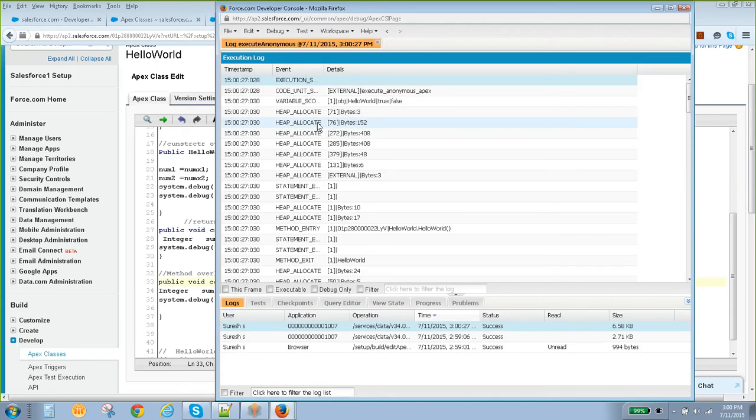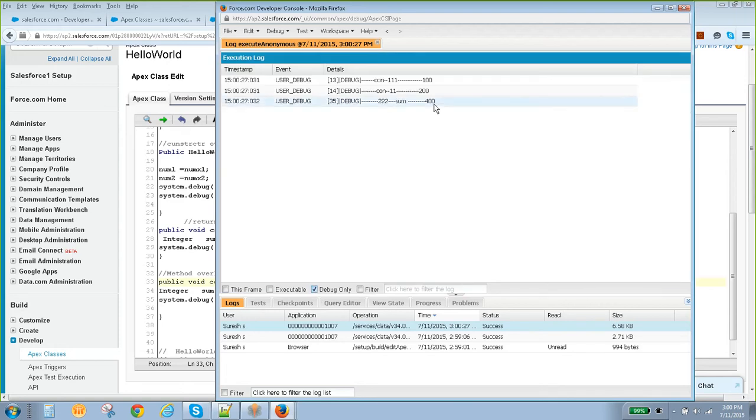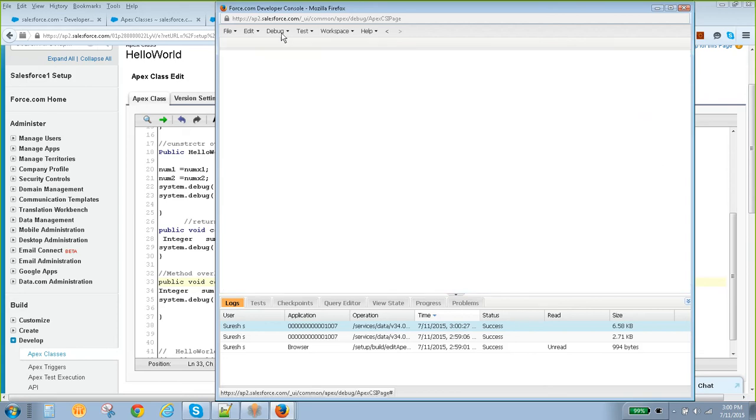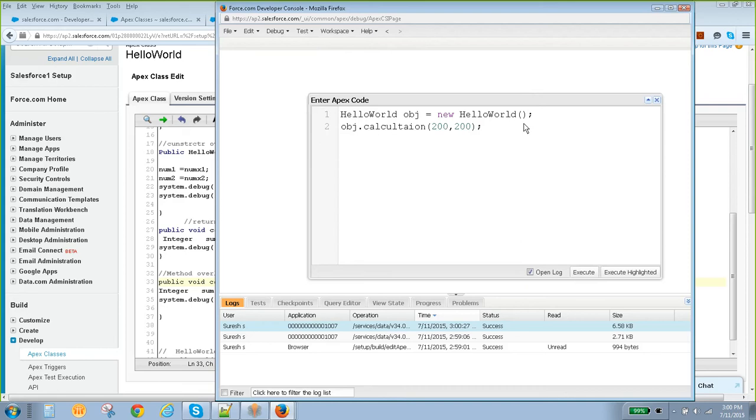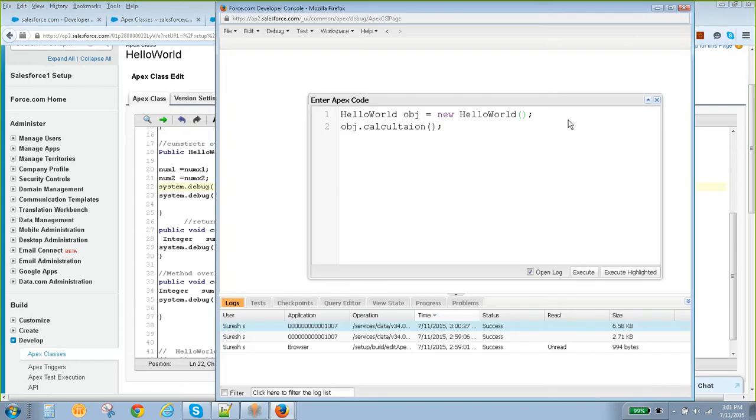Just filter on this debug log, make sure our result is 400. Even in this case, it is invoking the first constructor only. Why? Because while creating the object, we are not passing any parameter. So now, if you pass parameters for this constructor at runtime, say 200, 200, we'll check what will happen.